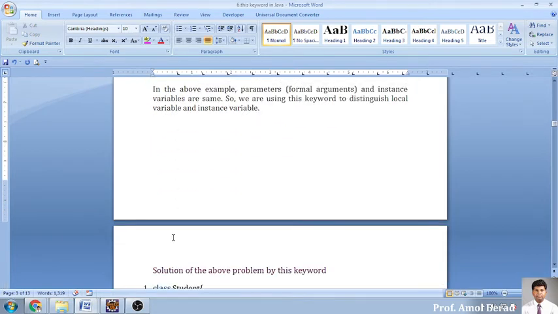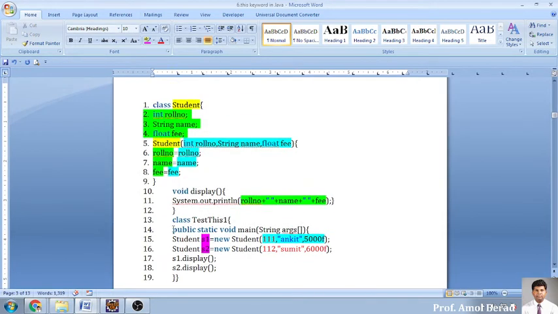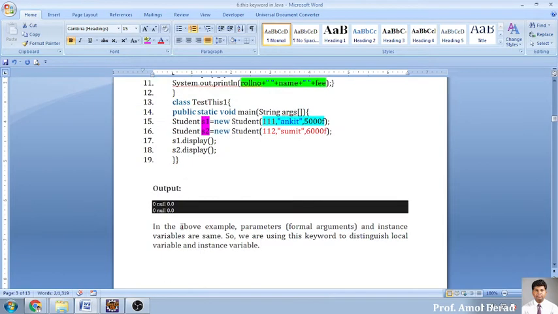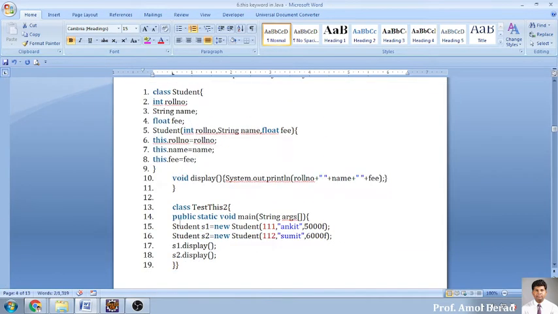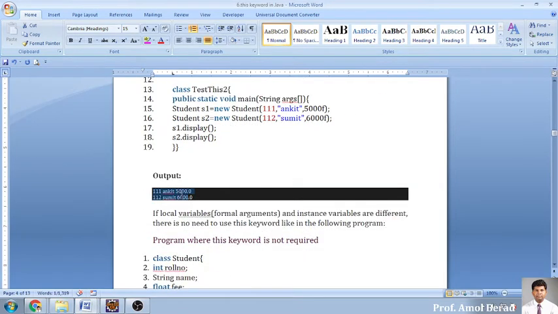Now see this, we are using a class, no problem. What we have done is that we have used this keyword over here. That's the only change we have made in the program. It is the same code, but I have only added this in front of the names of the variables. So we will get the expected output.